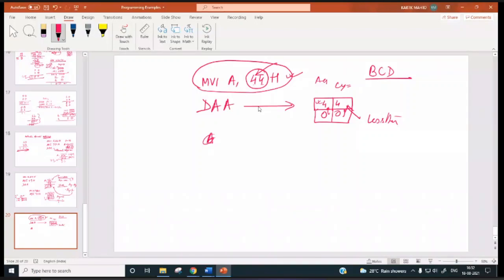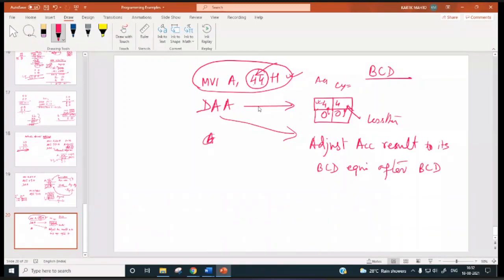So this instruction can be used to adjust the accumulator result to its BCD equivalent after BCD 8-bit addition.